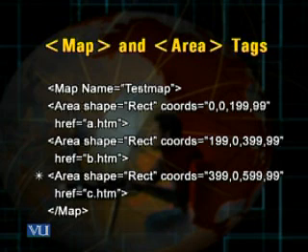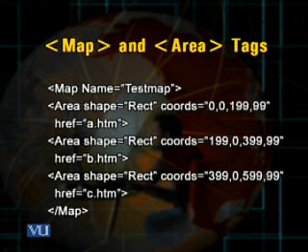And again, with href keeping its value c.htm, I can get the file c.htm opened if the user clicks at this region C marked by these coordinates.